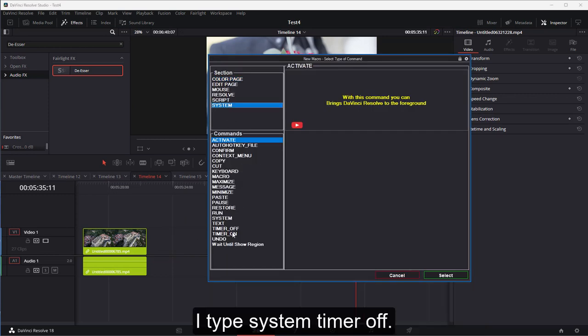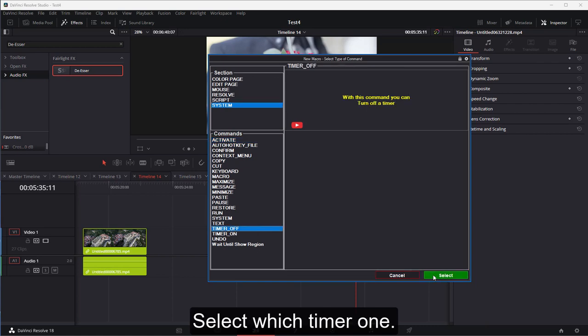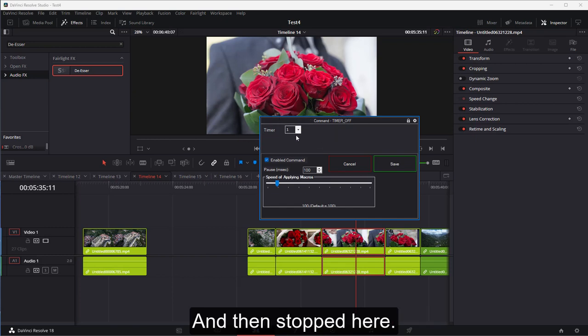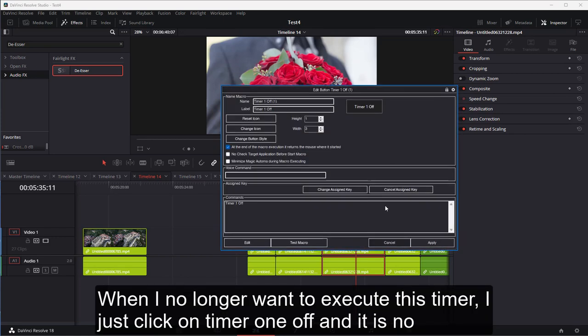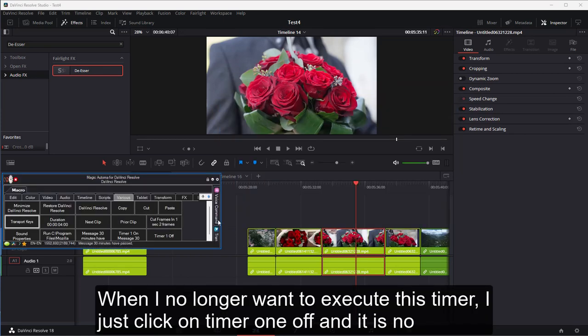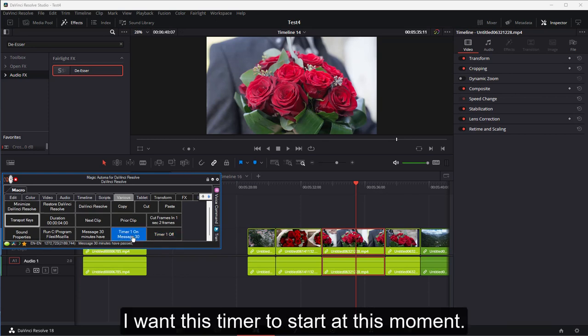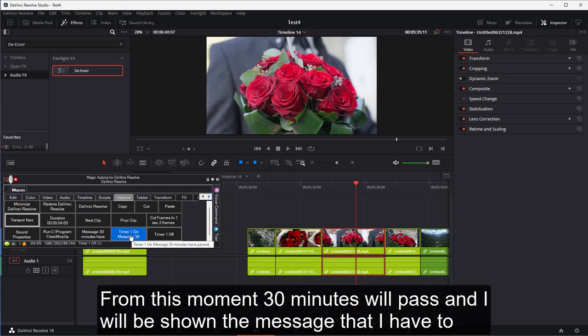I type system timer off, select which timer, timer 1. This timer can be launched here. And then stopped here. When I no longer want to execute this timer, I just click on timer 1 off and it is no longer executed. I want this timer to start at this moment. From this moment 30 minutes will pass and I will be shown the message that I have to get up